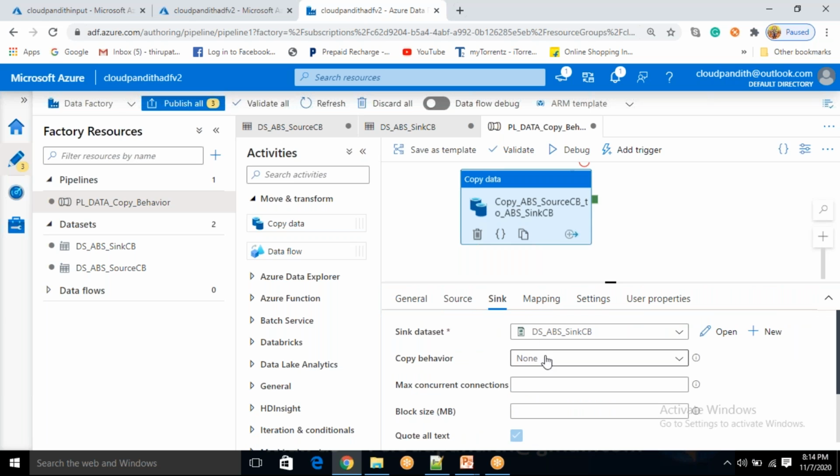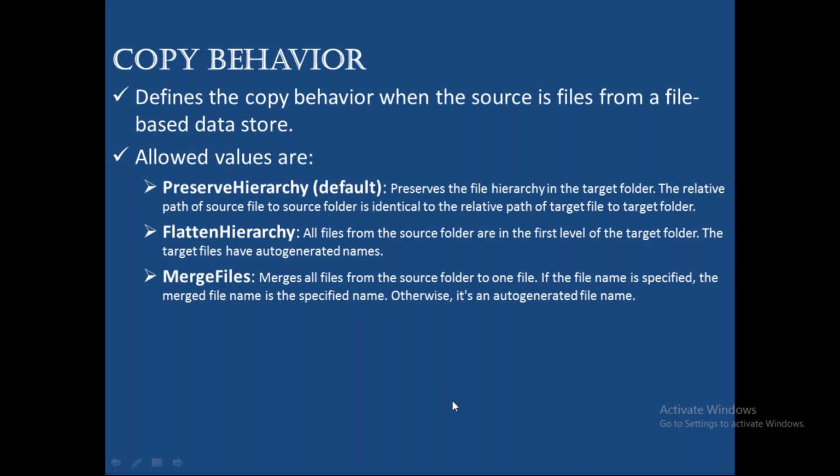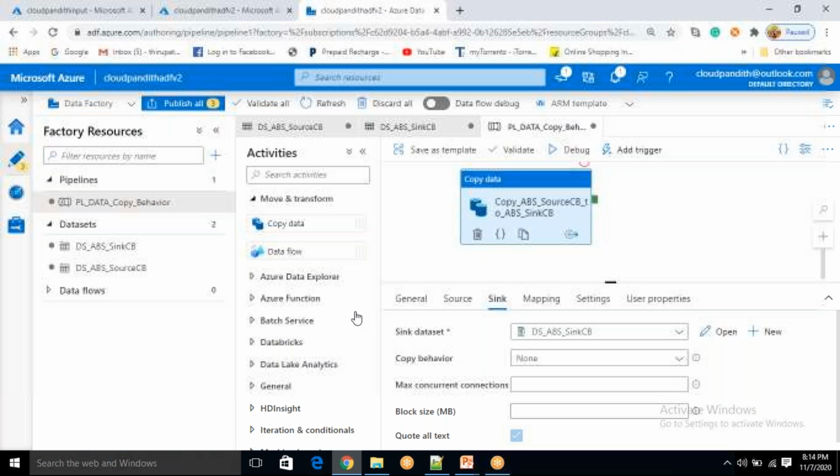Come to the sink side. I'm not selecting anything; I'm going with the default. What is the default behavior? You remember, friends? Preserve hierarchy, correct. So the default behavior, preserve hierarchy, is the default. I am not selecting any specific copy behavior; I am going with none.